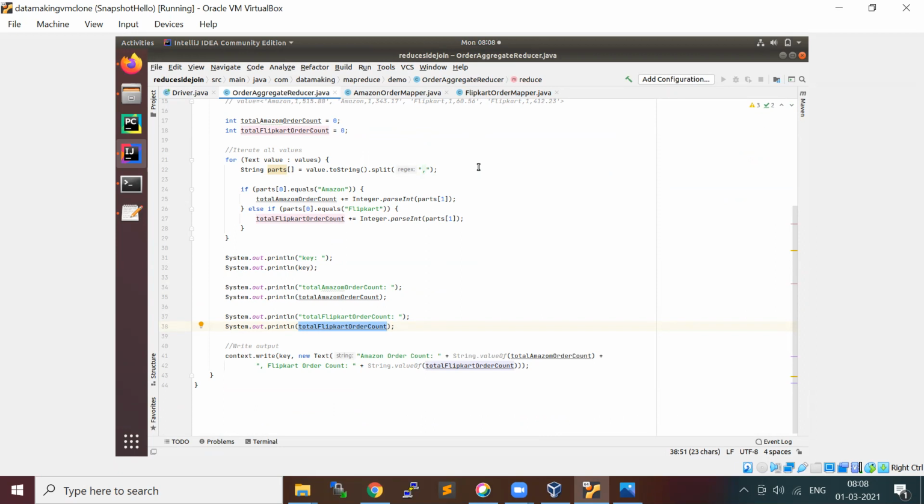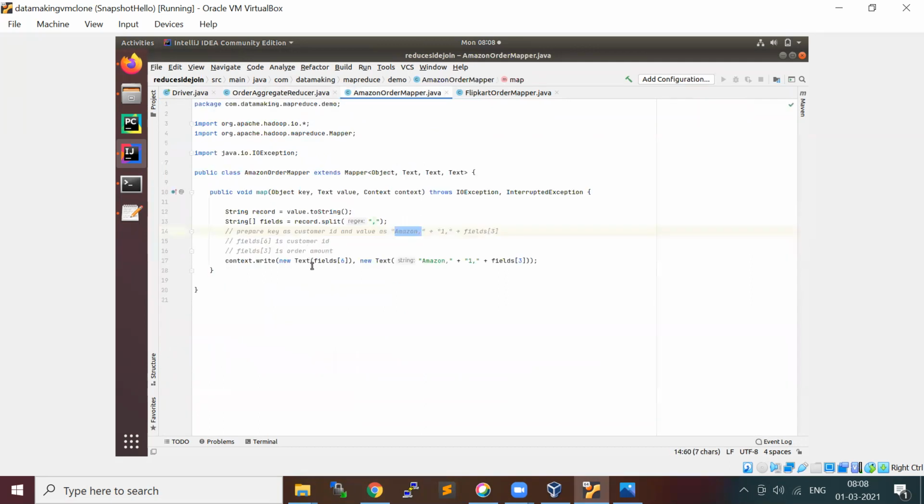Or if you want to do it a different way, this is a join of two larger data sets, and I just found the number of customers, the sale that happened for each customer. You can do it a different way also. Here you can change the key.